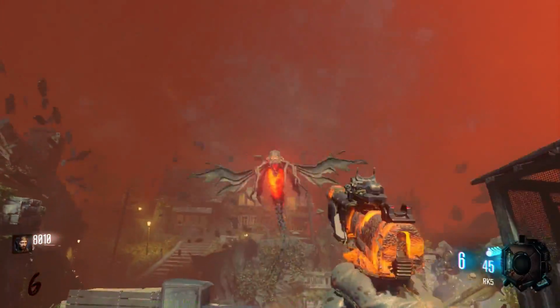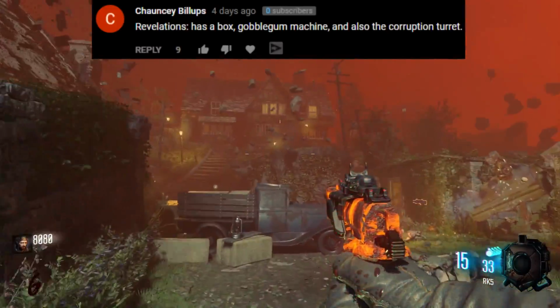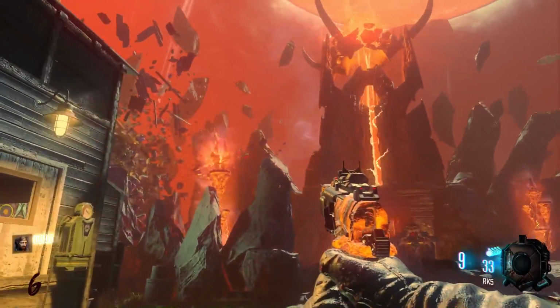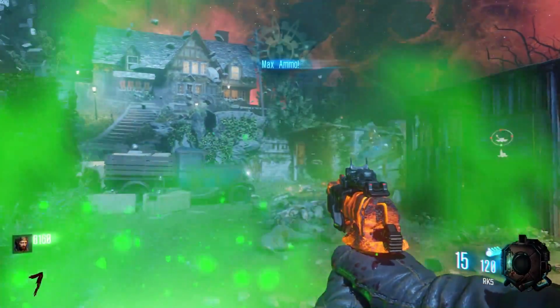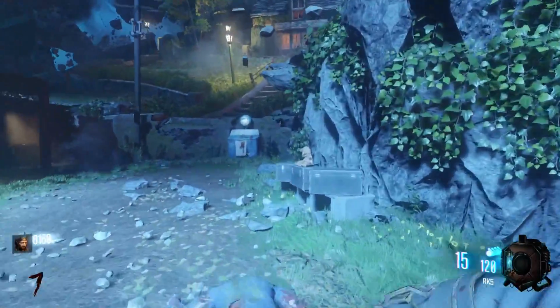Coming in at the number 5 spot is going to be Revelations. It has a box, Gobblegum Machine, and also the Corruption Turret. So Revelations is by far one of the most unique maps when it comes to the starting room because we've never seen it before. It was literally something different. Now there's a lot of speculation saying that it's somewhere in England, which is kind of cool to think about,